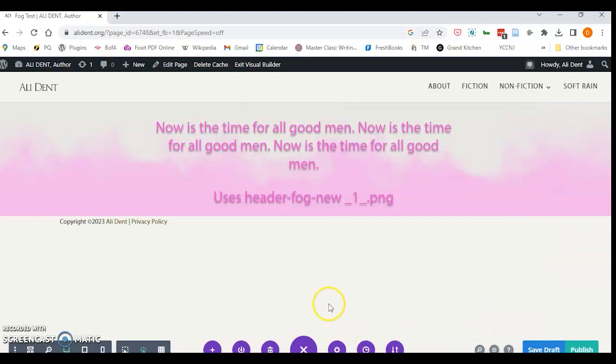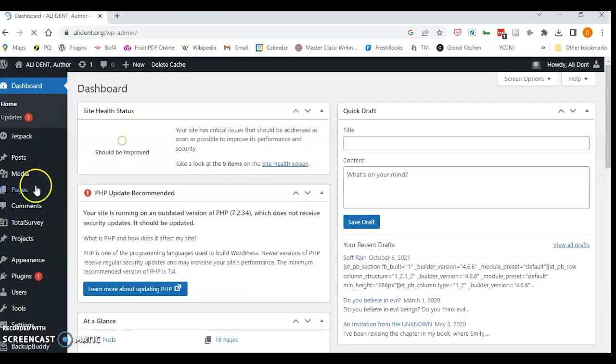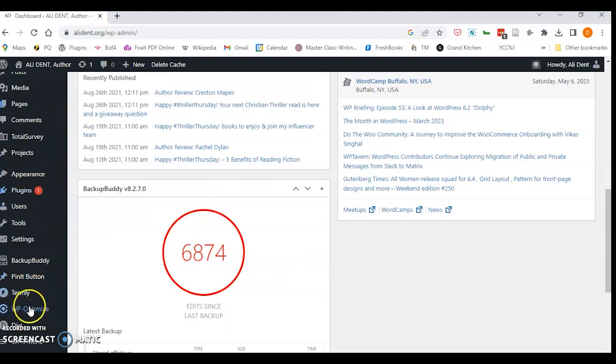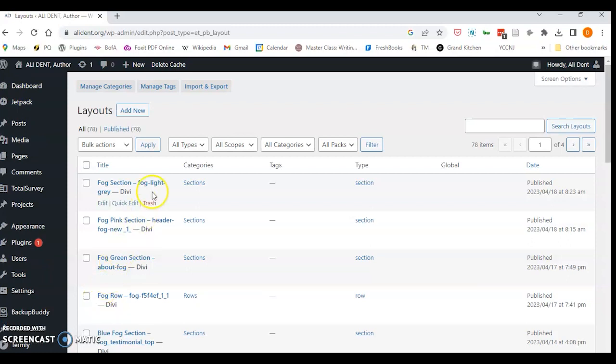And that's really what you do. That's how you use the items in the library. You can test out and see which ones you like. We'll go Save Draft. We'll go back to the dashboard. And if you want to look at these items, you just go Divi Library. And you can see that I've added 1, 2, 3, 4, 5,